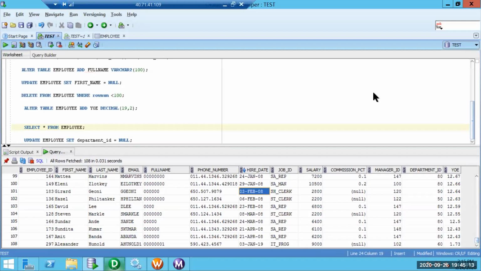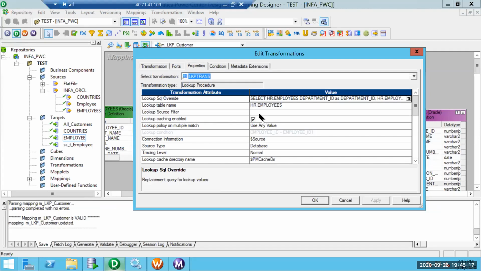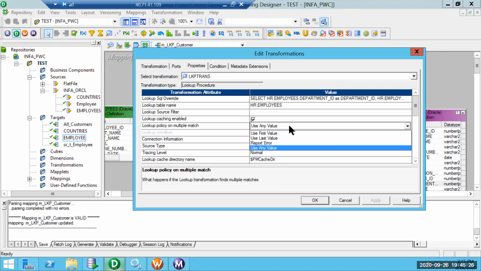So we can restrict the cache, whatever is building, using the lookup source filter or also using an SQL override. Another thing is we have something like, what is this? So lookup is nothing but reference data.